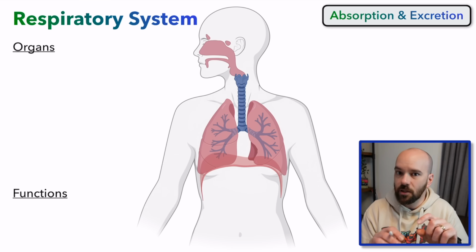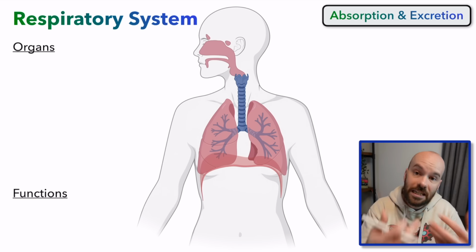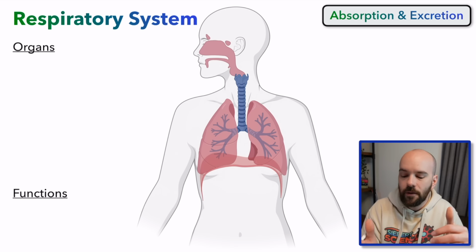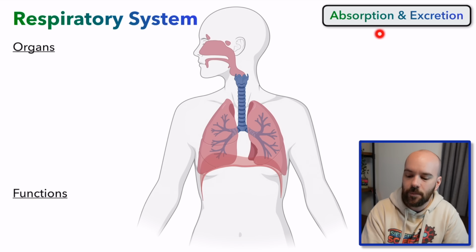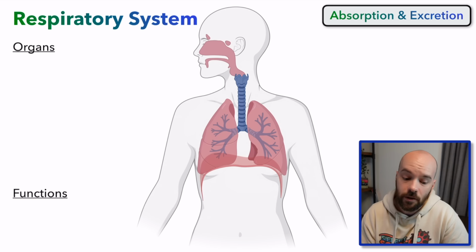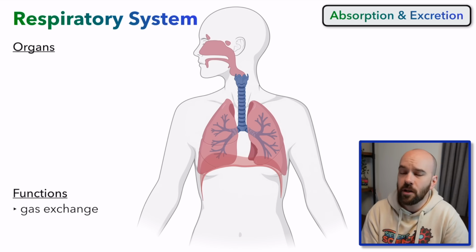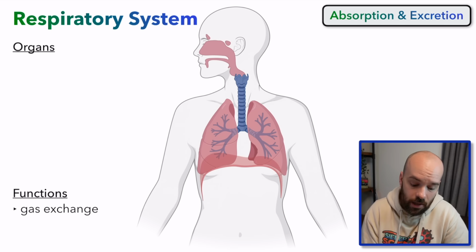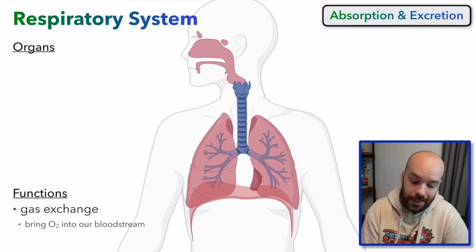All three of these systems are systems that are either bringing stuff into the body or helping stuff leave the body, or sometimes both. So that's what I mean by absorption, bringing things into the body, and excretion, getting things out of the body. The first one we have here is the respiratory system. The function of the respiratory system is going to be gas exchange, and specifically that's going to be bringing oxygen